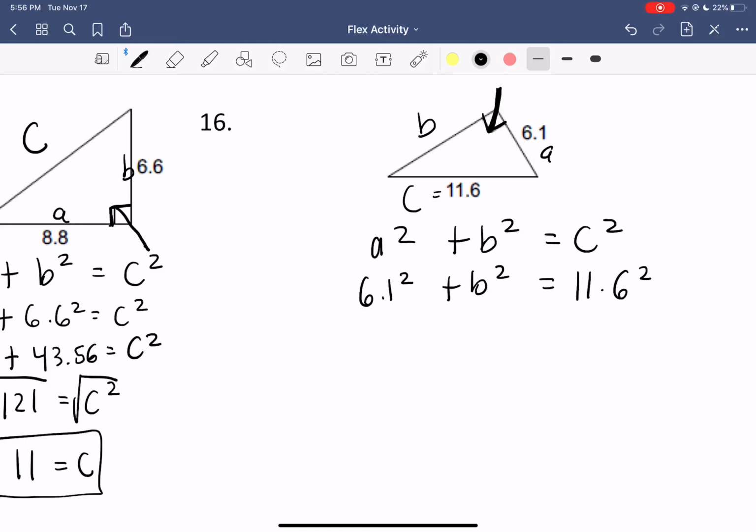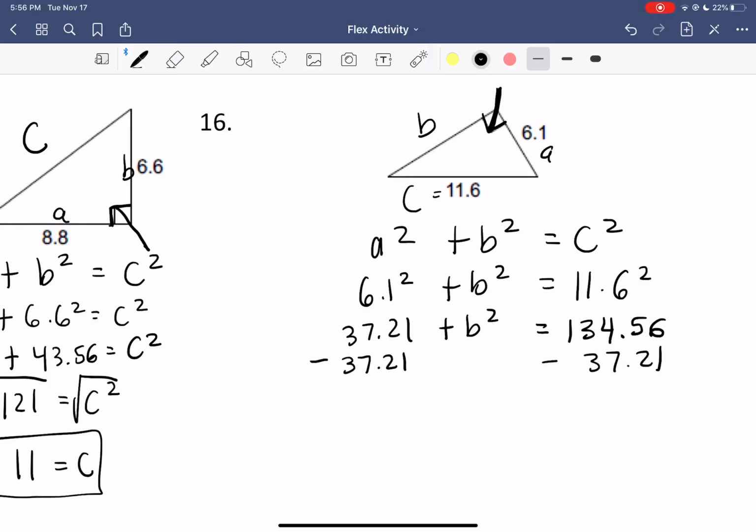So 6.1 squared is 37.21, plus b squared we don't know equals 11.6 squared, which is 134.56. And then to get b by itself, we're going to subtract 37.21 from both sides. On the left, that becomes 0, and we're left with b squared equals 134.56 minus 37.21, and we get